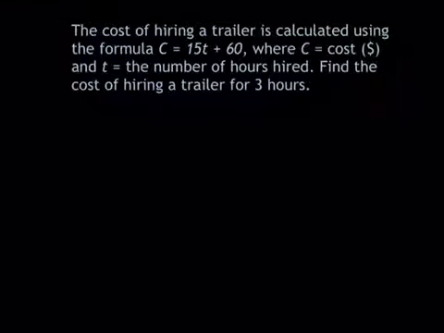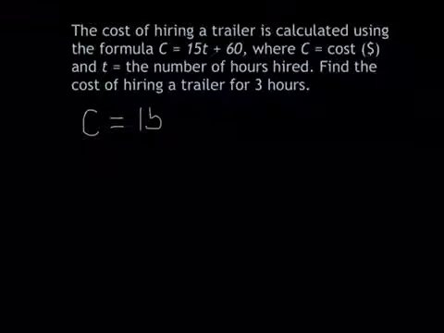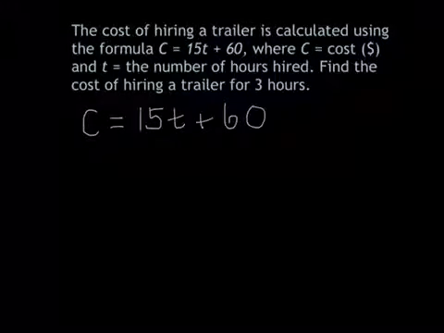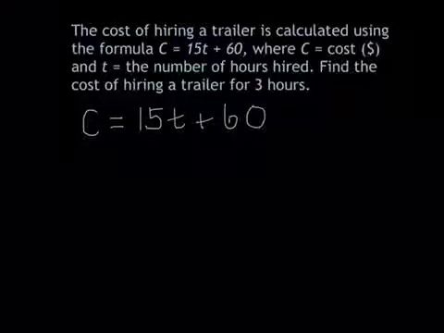Alright, so we have to read the instructions, find what the formula is. So our formula is C equals 15t plus 60. So now let's put into what the number of hours is. So now we're going to substitute. We know that t this time is going to equal 3. So if we put that into our formula,